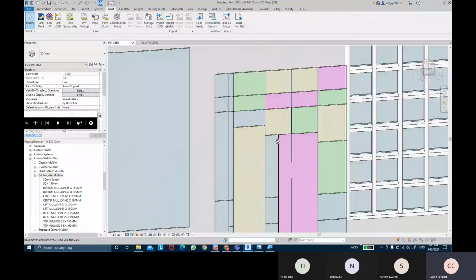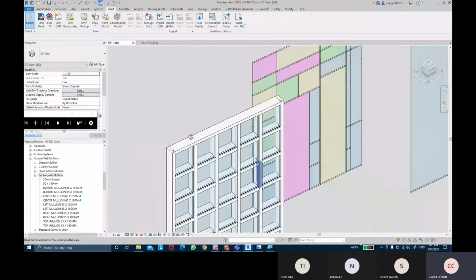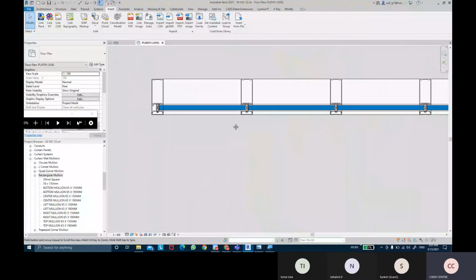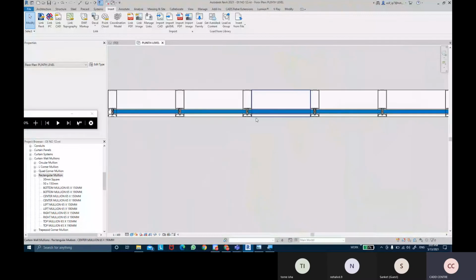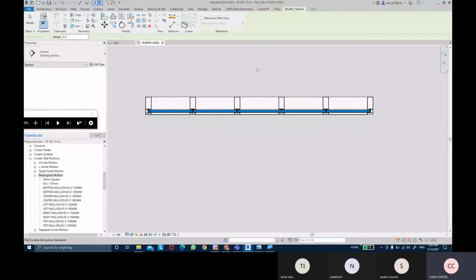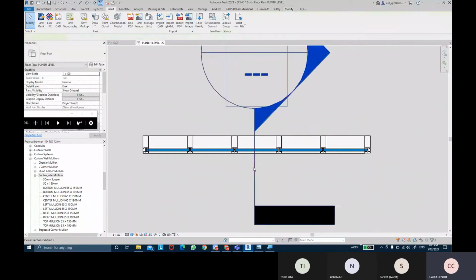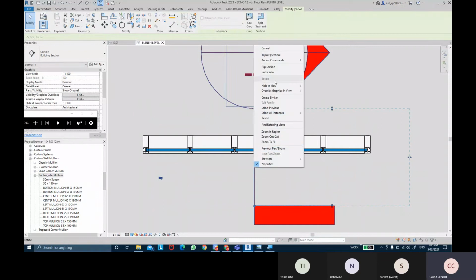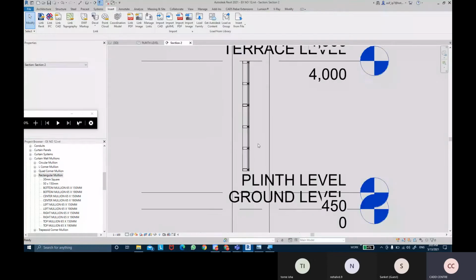So when we see, we have a total profile detail mullion ready. We can look into the plan view, you can see the detailings. And if I cut a section view of this line, this is the section view, and go into that section view. So right click, go to view, look into the section view detail also. Fine details.